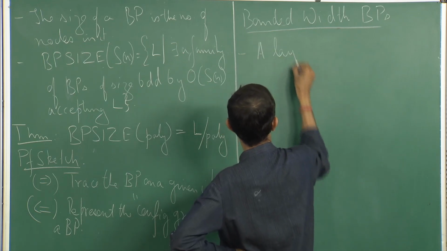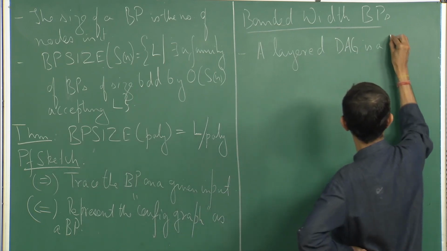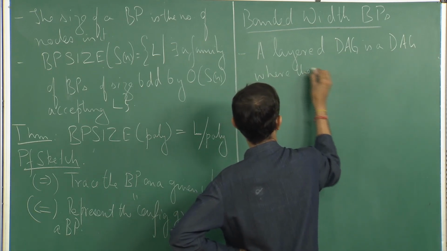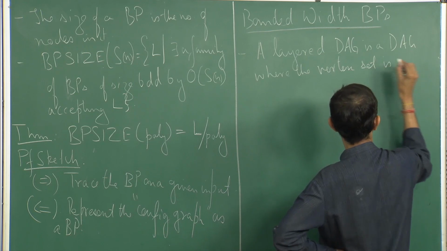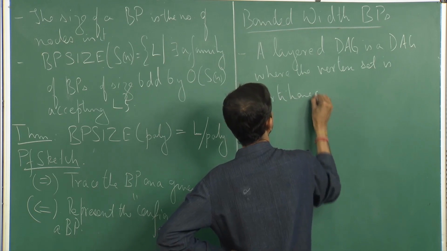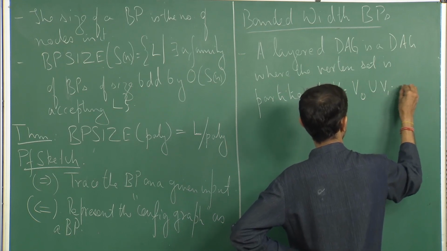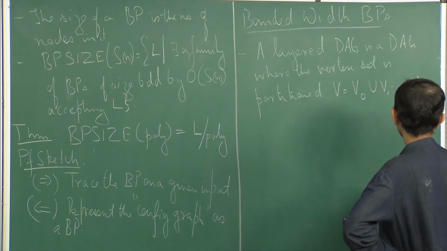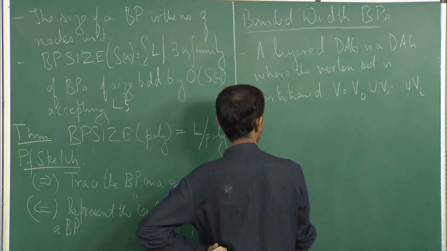A layered DAG is a DAG where the vertex set is partitioned into, say, V0, V1, up to some VT,